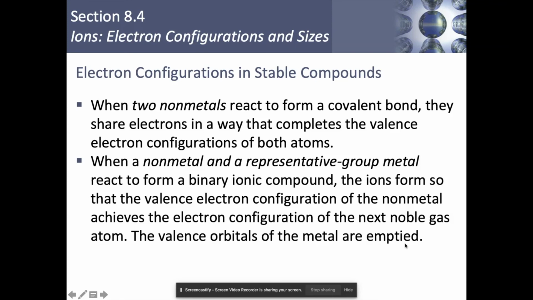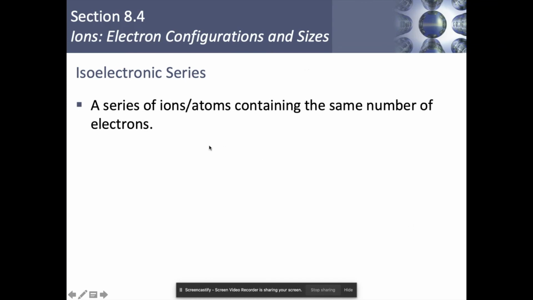When that happens, a lot of them also form an electron configuration that's like a noble gas. What that means is that we have what's called an isoelectronic possibility for multiple elements on the periodic table and ions. An isoelectronic series is merely a list of ions and atoms that contain the same number of electrons